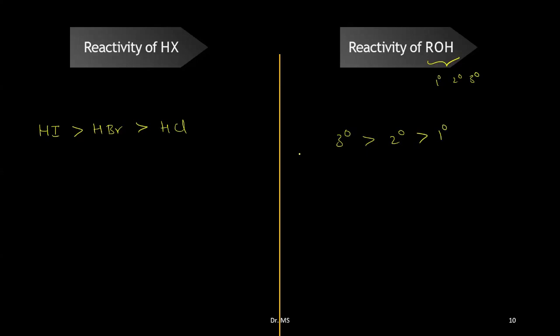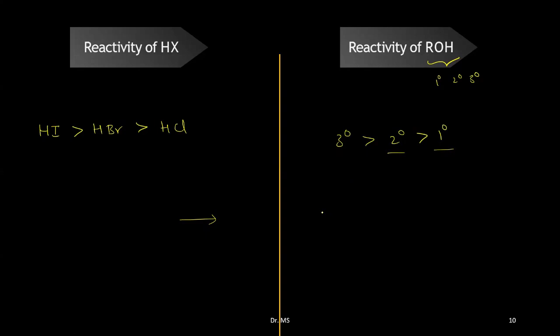The questions can ask like this. They give reactions and ask which product is formed. If tertiary is given, it is more reactive, so the answer will be the tertiary. If tertiary is not included but secondary and primary are given, then you take the secondary. If secondary is not given, then you take the primary. Reactivity means those which are ready to make the bond. And remember,